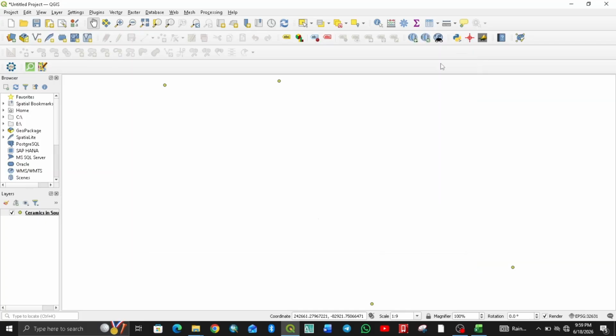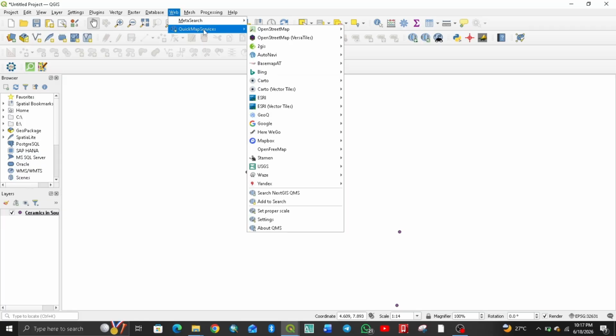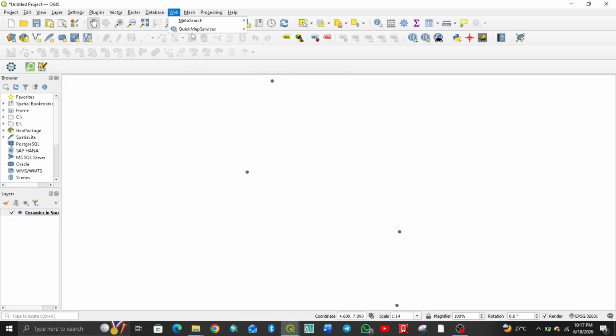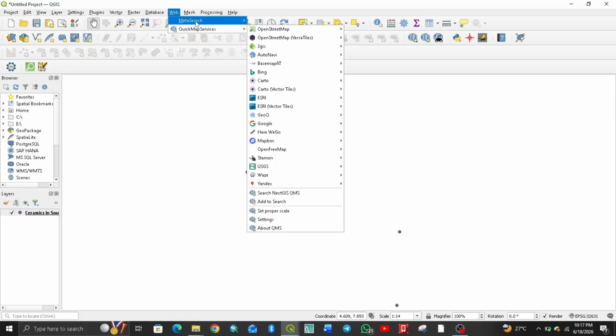Good. So you can see the points have been shown on the map. So for you to know where the location is, you can now decide to know where the location is by adding maps, by going to web and quick map. I think I taught you that in my previous tutorial, so you know